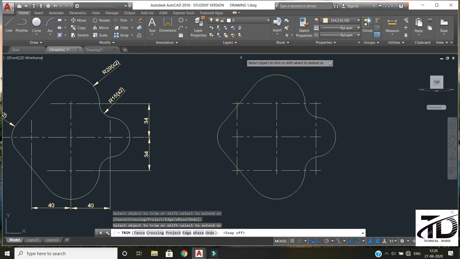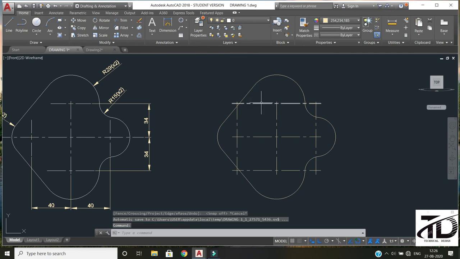After trimming, press escape to exit the command. And now adjust the center line for good looking.